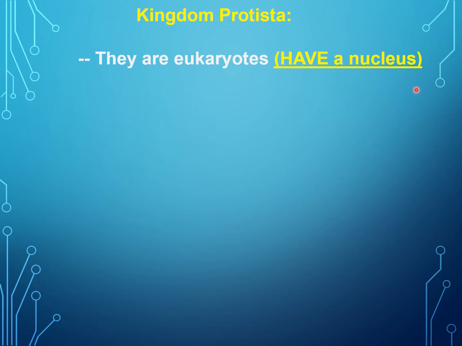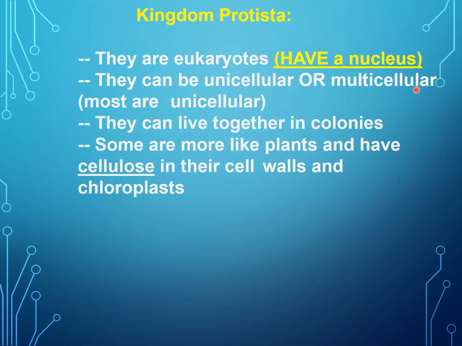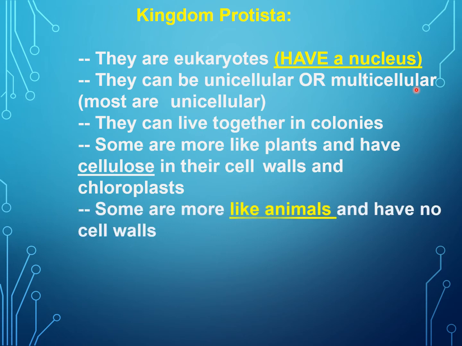So first, let's run through the protists. Now, the only thing that they really have in common with one another is that they are eukaryotes. The protistans are considered to be the most diverse kingdom because they're weird. They don't really fit in any other group. They have characteristics that are kind of like plants, kind of like animals. There's even one that's kind of like a fungus. So they kind of are like all the different kingdoms, but they don't 100% fit into the other